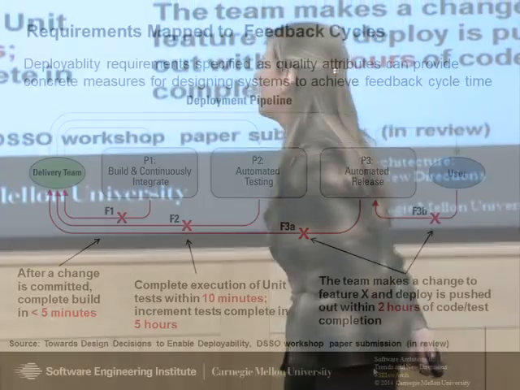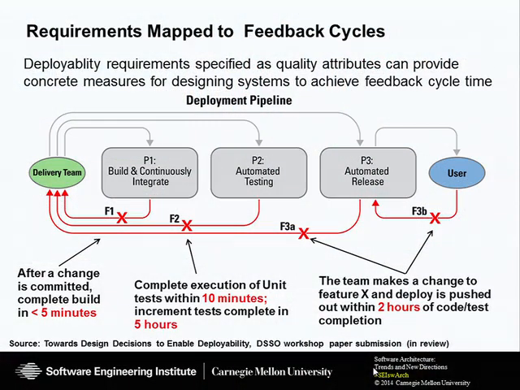These are the same requirements that I showed on the previous page, but here they're mapped to where they might enable a particular feedback loop. For example, after making a change, the build should be completed in less than 5 minutes after a commit. That gives us a measure we could use for the feedback cycle